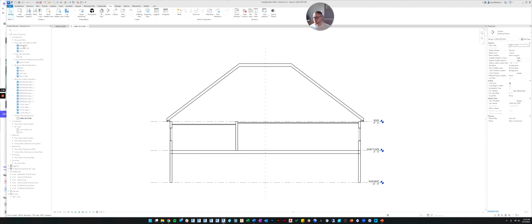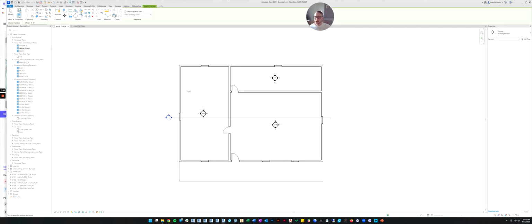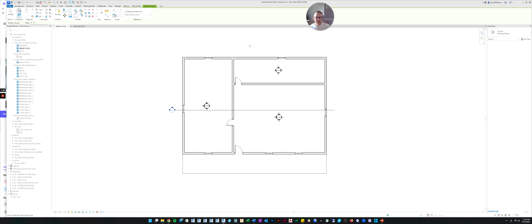All right. Let's go back to the main floor plan, and now let's do our cross section. So we'll go back to the section command. And I forgot to tell you this the first time, but if you go over here to the properties before you draw the section, there are different types of sections you can create. You can create a wall section or a working section. For now, you don't need to worry about those. Those are a little bit beyond this class, but just make sure you have building section selected.